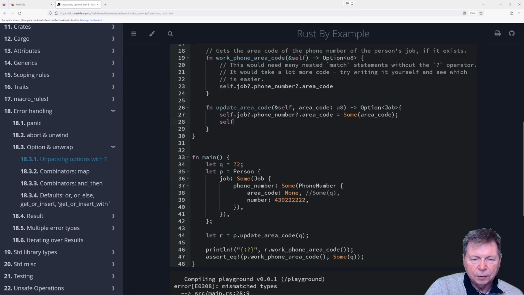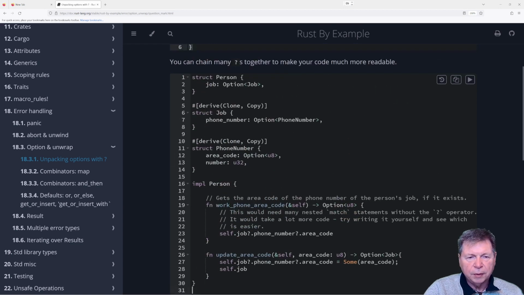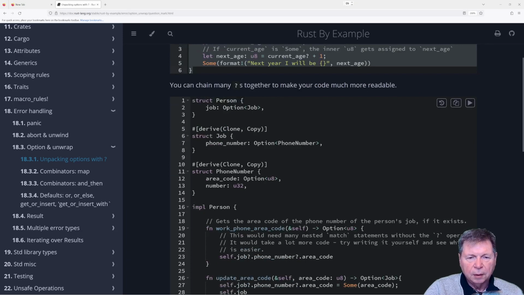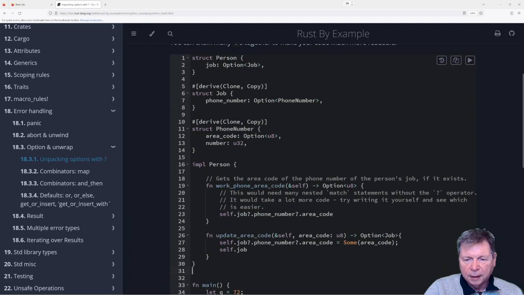So, self.job. Self.job is an option job. Oh, unless we want to return a person. Yeah, let's return a person. So, and then we're okay with self.